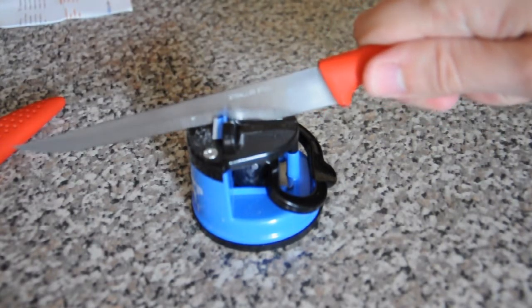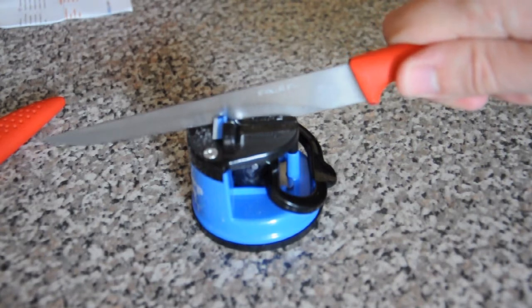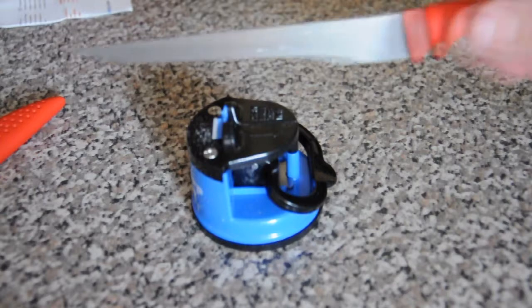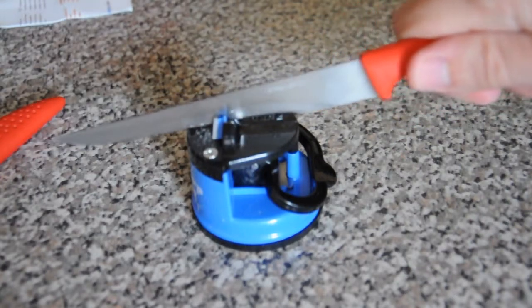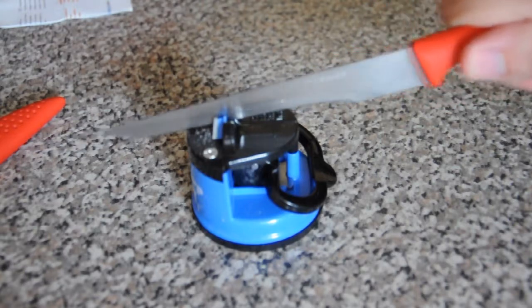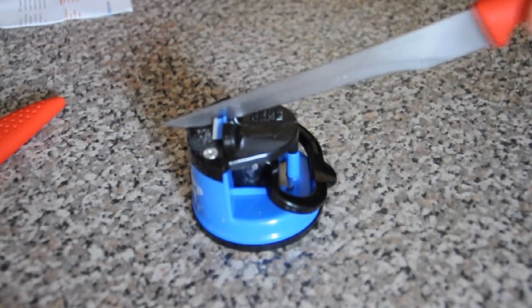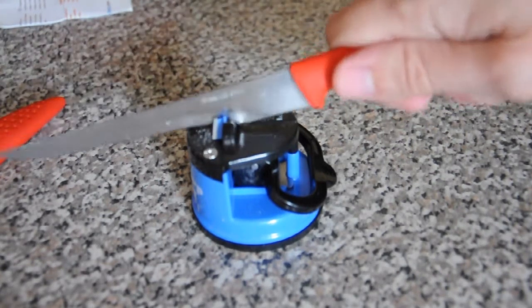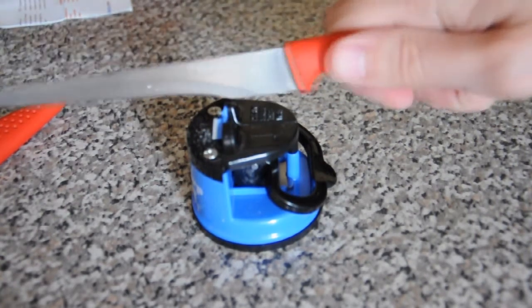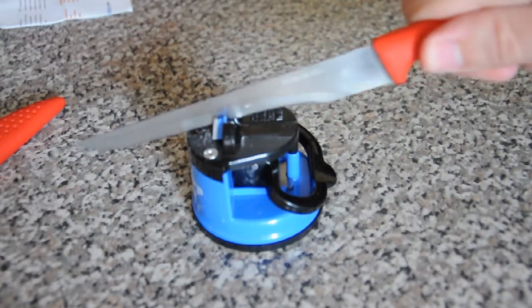There's a deluxe version of this, by the way, kind of like a super edition special one, so I don't know what that's supposed to do. If it's just a knife sharpener, I can't imagine it sharpening your knives any better than this is doing, really. It's pretty much the same thing. Anyway, maybe it lasts longer. So we're just sharpening this now. I've probably overdone this now, but let's